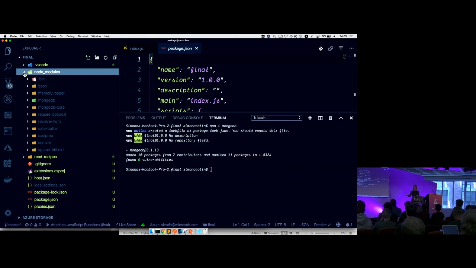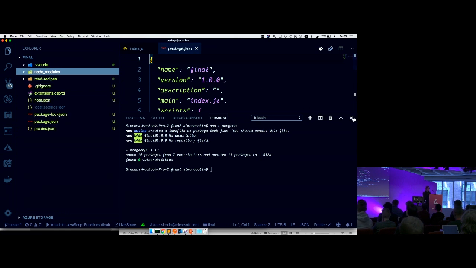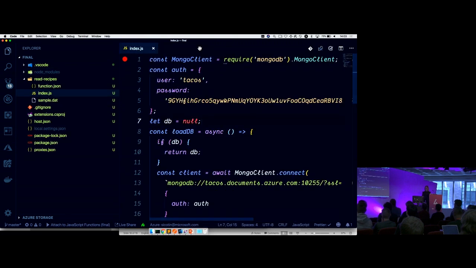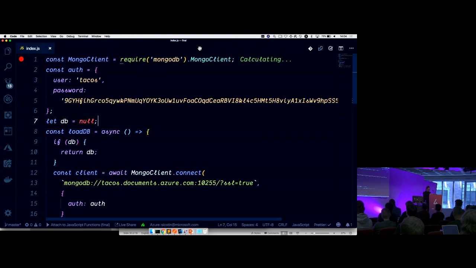So this is valuable information because I'm not duplicating packages. Before that, we used to have to install packages for each function that we were creating. OK, so we've learned how to install npm packages in our functions. Awesome. What's the next thing that we're doing here?